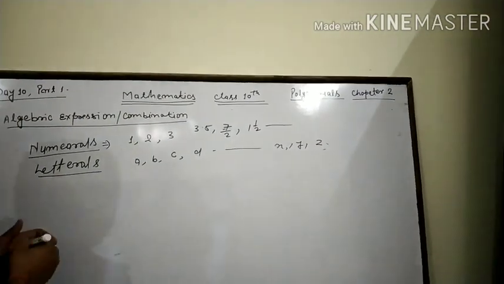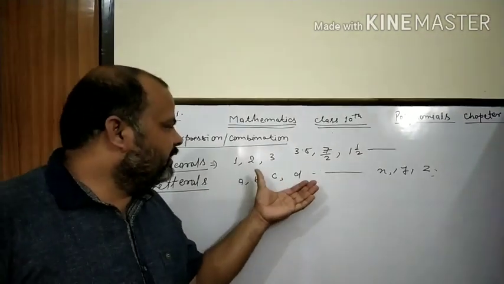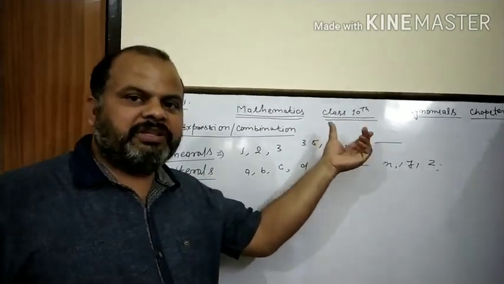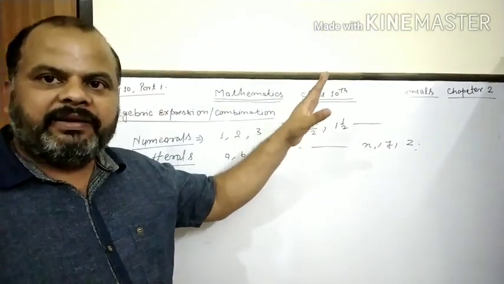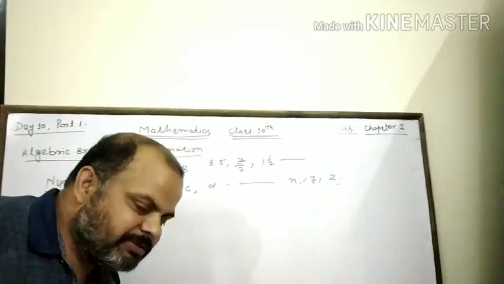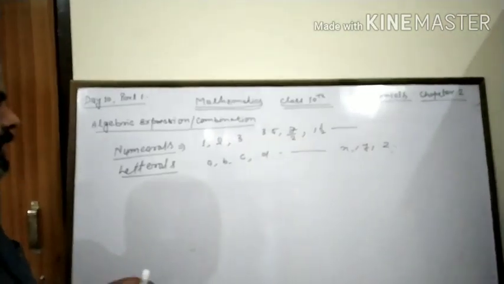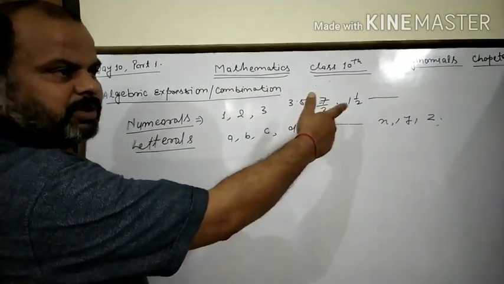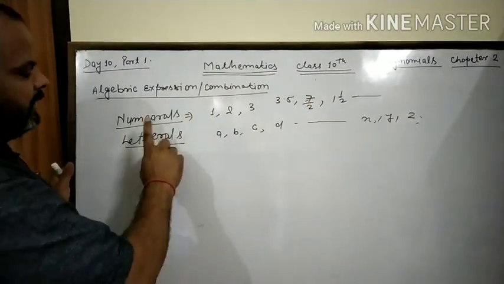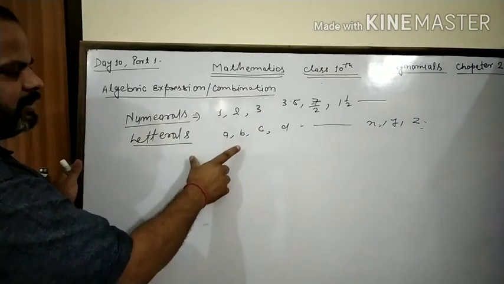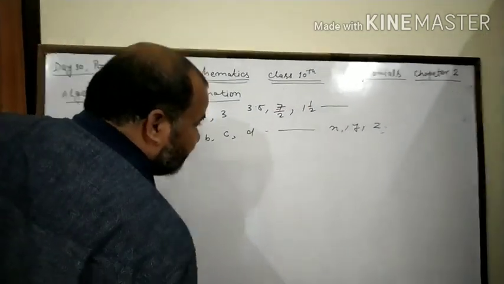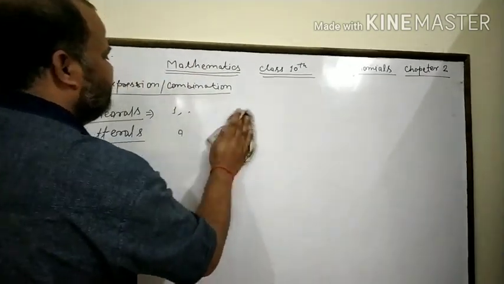Clear? When numerals and literals, numbers and letters, combine together with any suitable sign, it is called an algebraic expression or combination. Clear? Everyone understood? Numeral means numbers 1, 2, 3, 4, 5, 6 and so on, and literal means letters, alphabets A, B, C, D and X, Y, Z. When numbers and letters combine together,